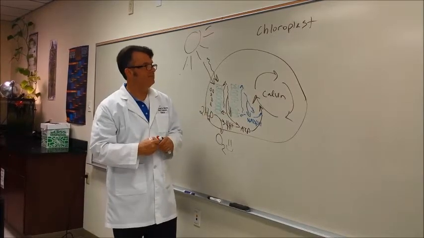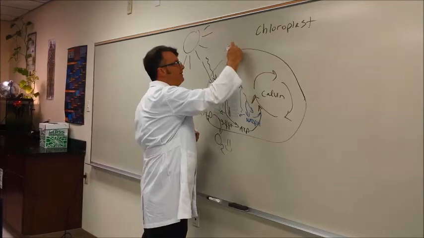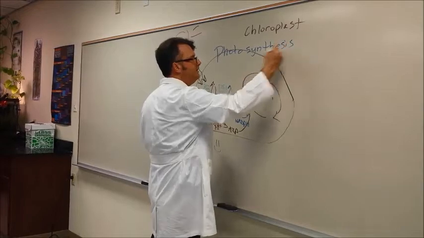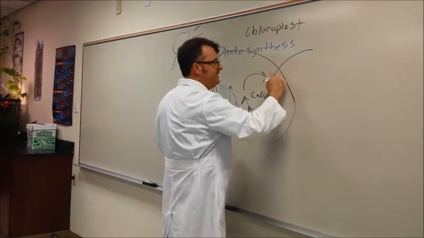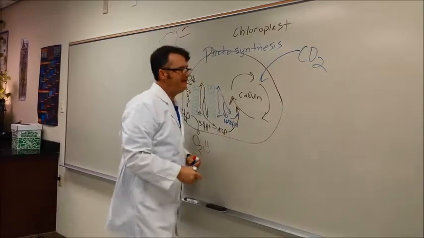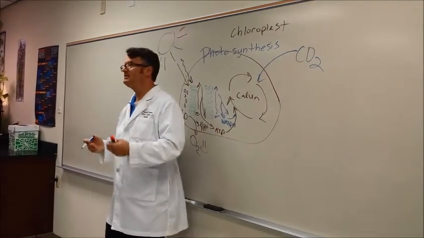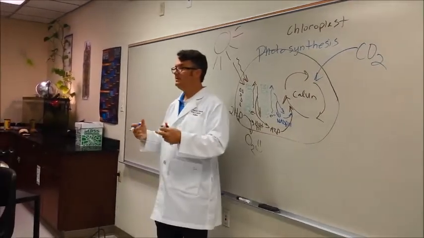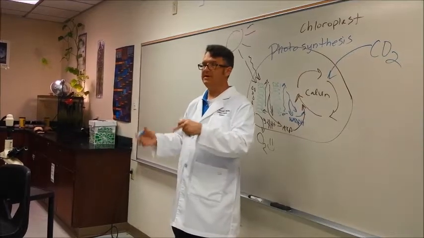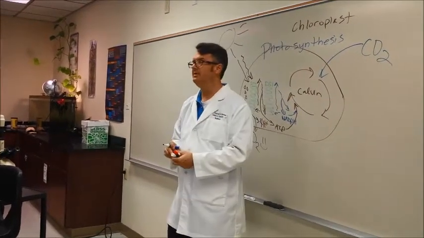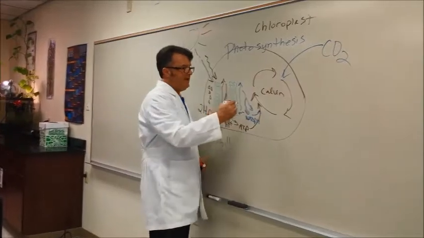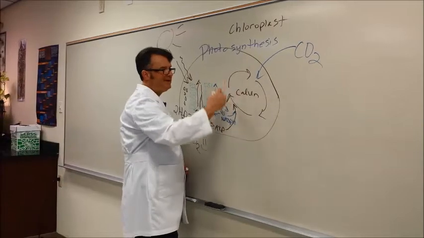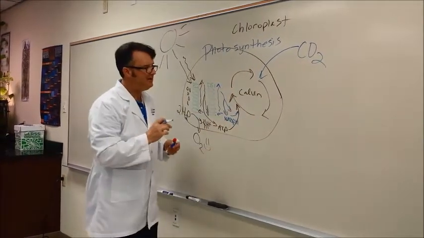Now, let's talk about the Calvin cycle for just a minute. And by the way, we are talking about photosynthesis. Plants need CO2. And with CO2, carbon dioxide, by the way, that's a waste product of our bodies, just like water is. So the outputs from our cellular respiration are the inputs for photosynthesis. With the use of ATP and NADPH, this cycle turns and turns. And for every turn of the cycle,